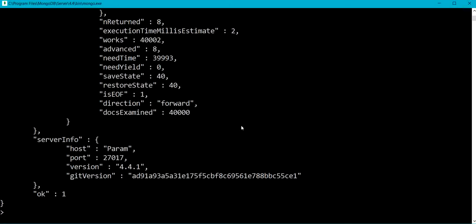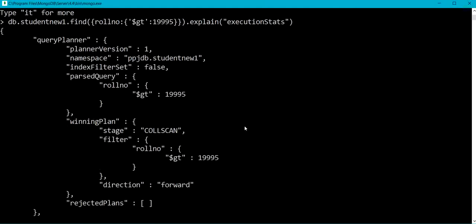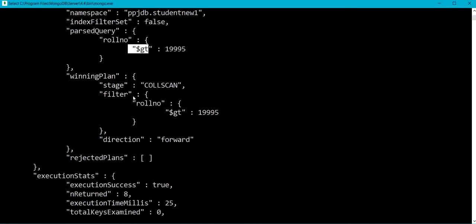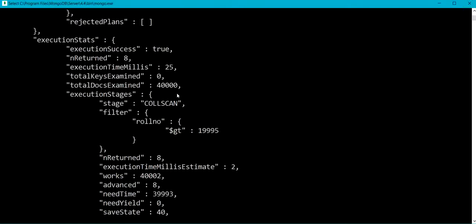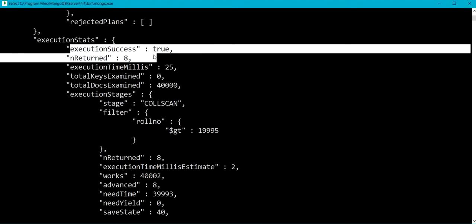So you can see here the name of the collection studentnew1, the condition $gt, and yes, in executionStats, success is true, number of returned documents is 8, and